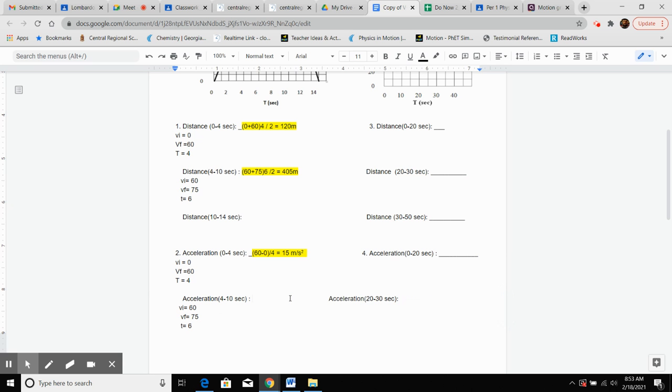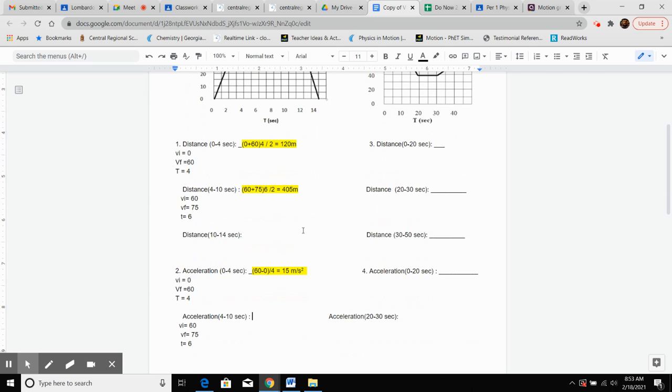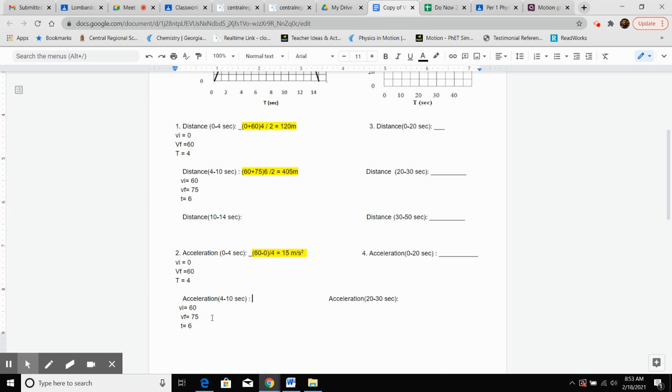So for this one, the acceleration equation is VF minus VI divided by T. So we got to do 75 minus 60 divided by our time, which is 6 seconds. So 75 minus 60, we're getting 15 divided by 6. And so we're coming out with an acceleration of 2.5